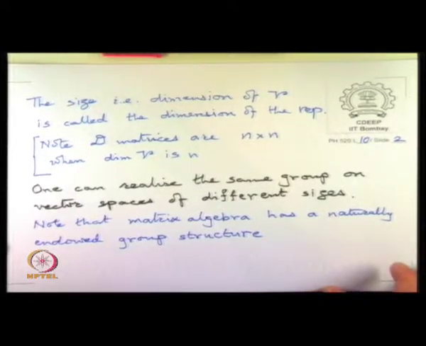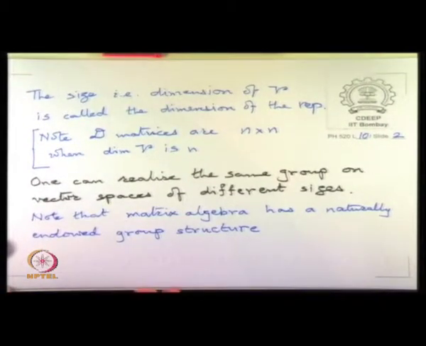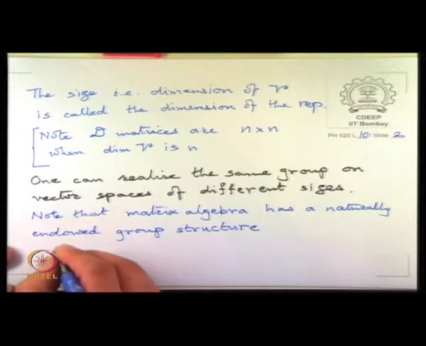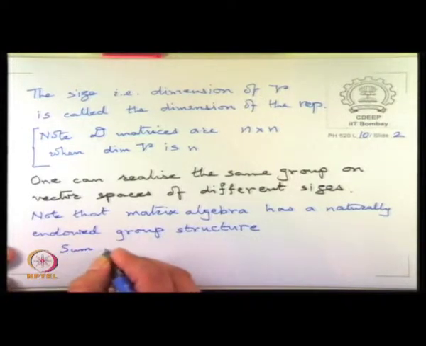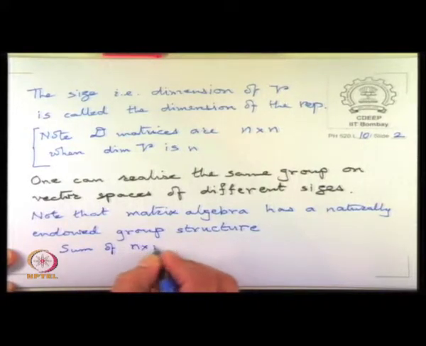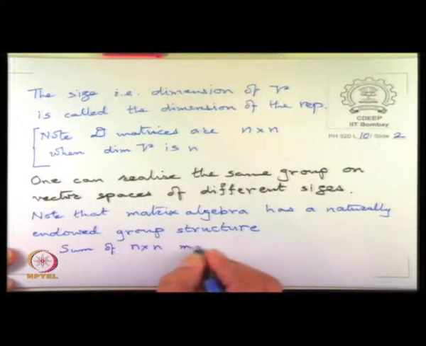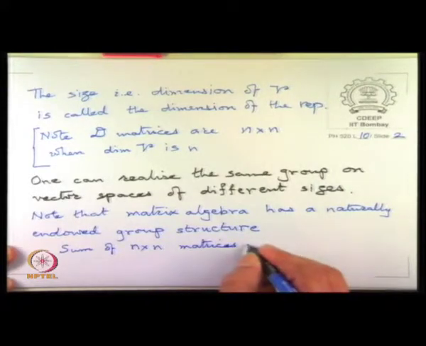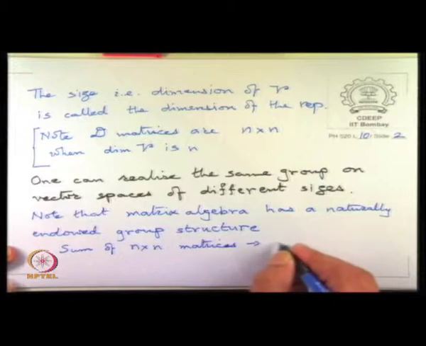And here the group structure is that the sum of vectors is a vector and so on, the sum of matrices is a matrix. So the sum of n by n matrices is a group under addition,